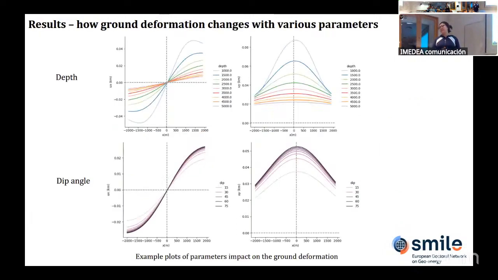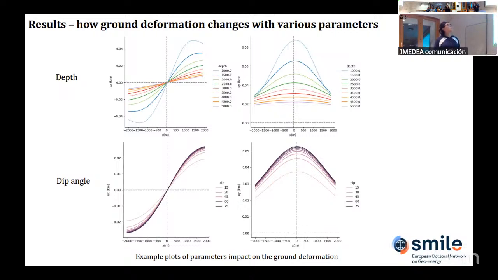And here is an example of our results. The first one shows how the ground deformation changes with different parameters. The first row is showing the reservoir depth's influence on the ground deformation. The left column is showing the ground deformation in the X direction, and the right column shows the Y direction. So from here we can see when the